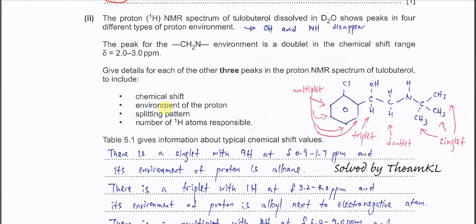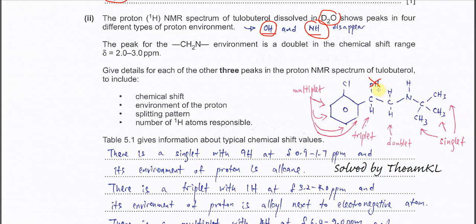Okay, so this one is about the proton NMR. The proton NMR spectrum of tulbutol dissolved in D2O shows peaks in 4 different types of proton environment. So you have to know that when we use D2O as a solvent, the OH and NH peaks will disappear, because they undergo proton exchange with the D. So it won't give any signals for OH and NH whenever the compound is dissolved in D2O. That's why these OH will not appear in the